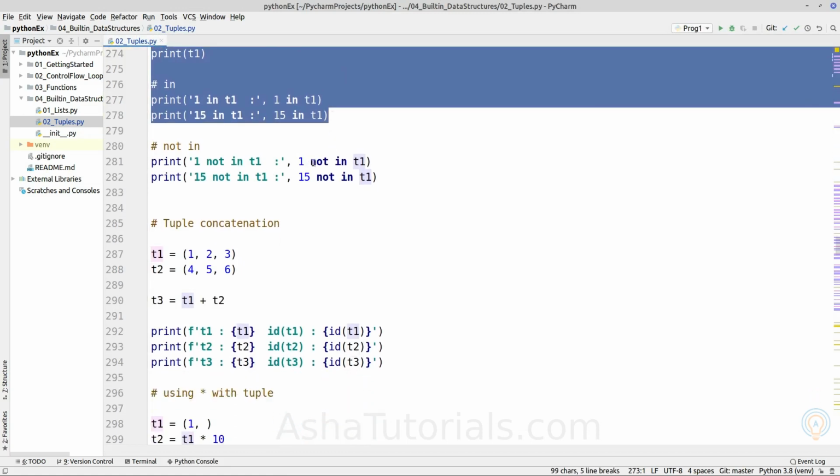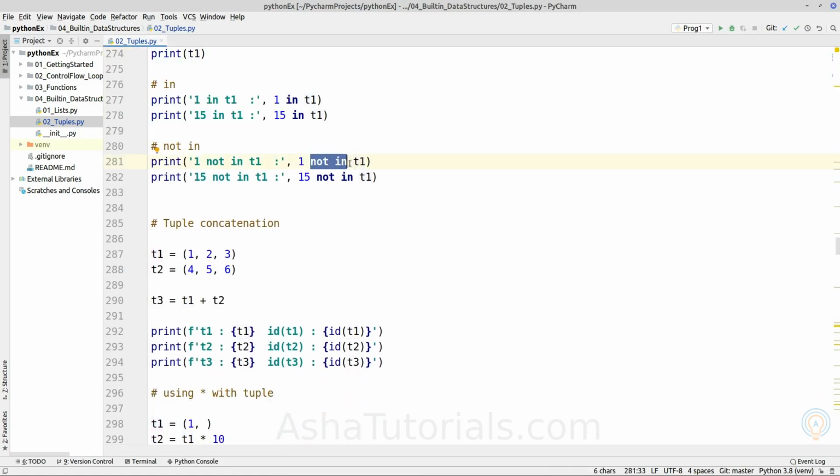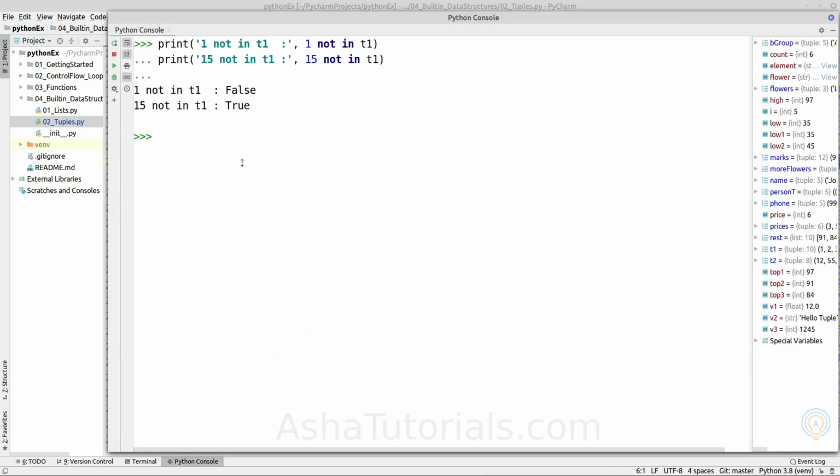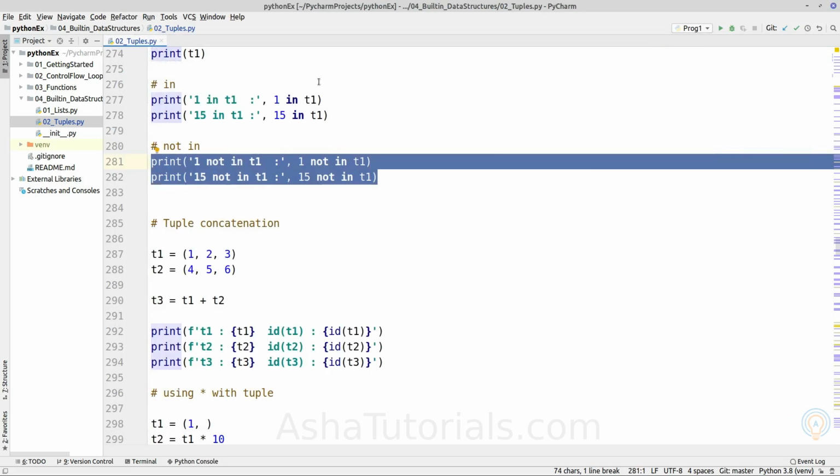Same way, opposite of in is not in. So it will check whether the given element does not exist in T1. So if it does not exist, it will return true. Otherwise, it will return false. Okay, so 1 exists inside T1, it will return false. And 15 does not exist, so it will return true.